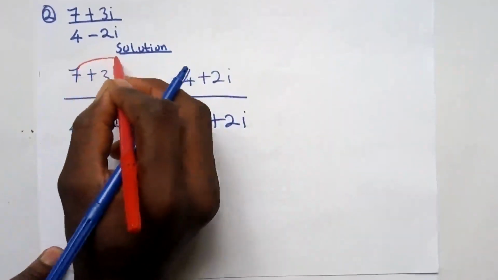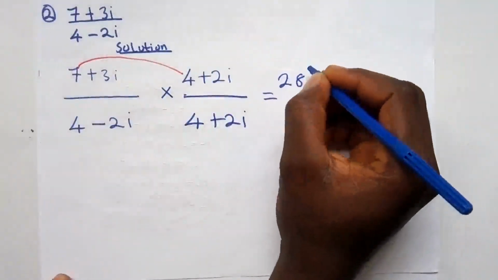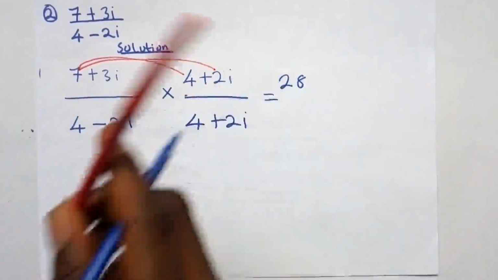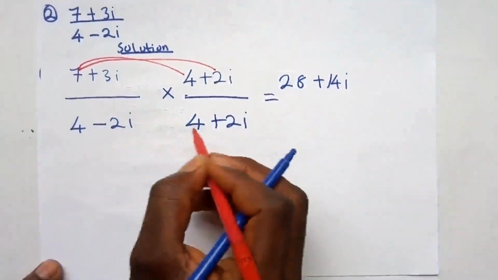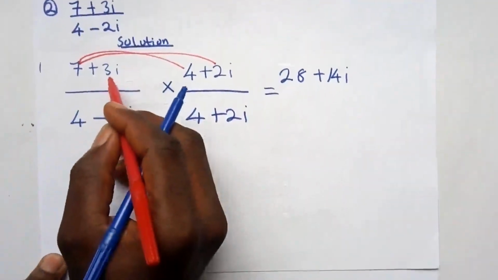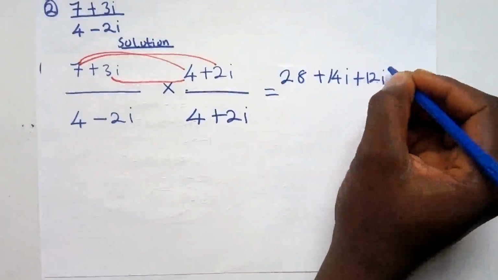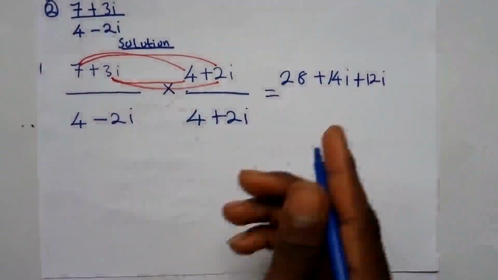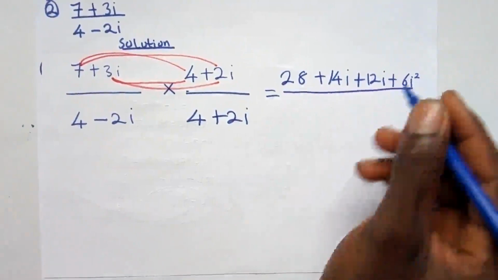So 7 multiplied by 4 gives us what? 28. 7 multiplied by plus 2i gives us plus 14i. 3i multiplied by 4 gives us plus 12i. And 3i multiplied by 2i gives us plus 6i squared, all over